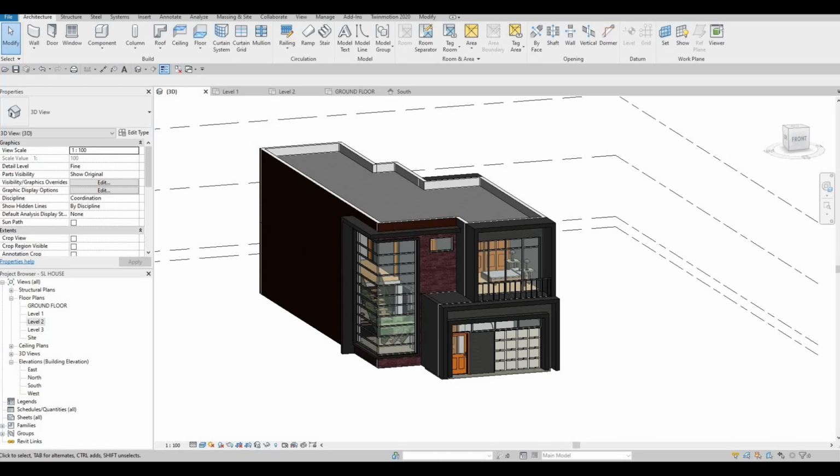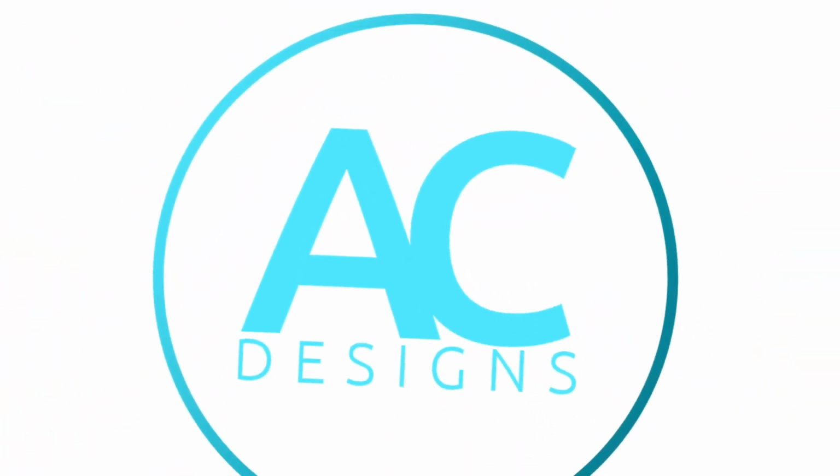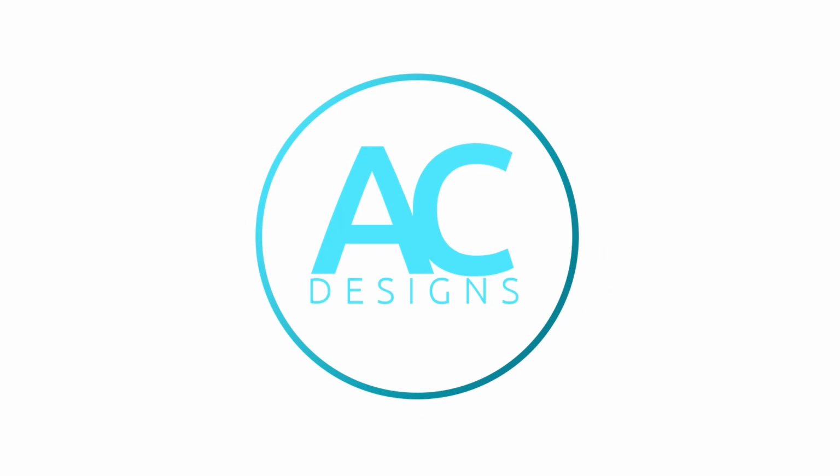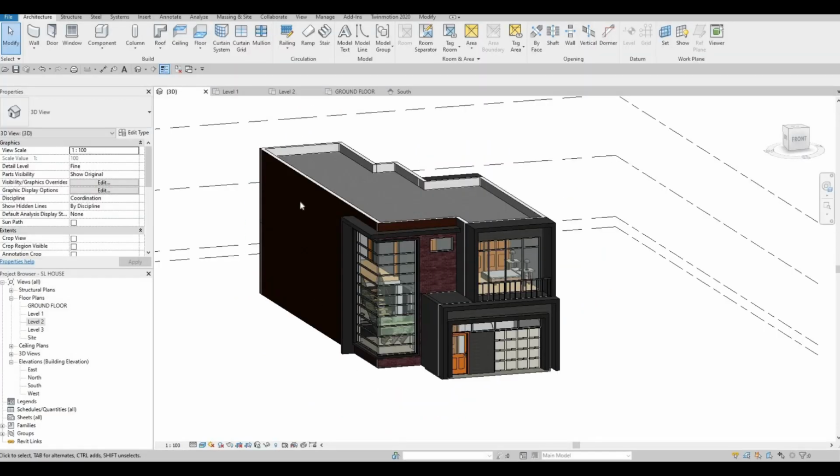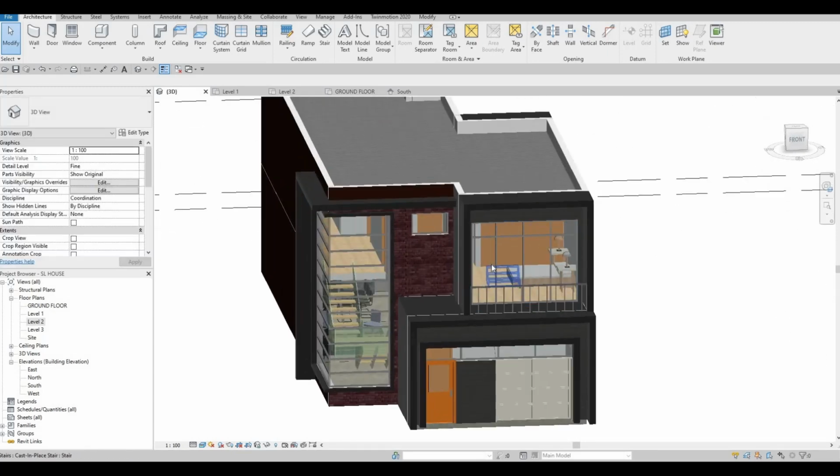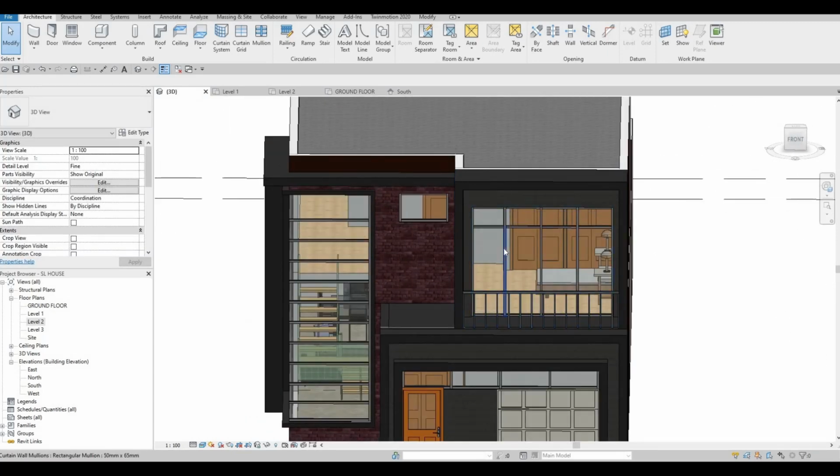In this video, we're gonna continue working on part 14 of this SL house. Let's get started. So in the last video, we were able to set up all the materials right here. We added more models. We modeled all of that. One thing I did notice that I haven't added yet is